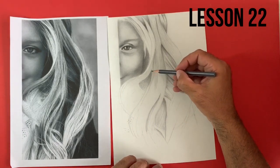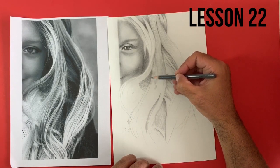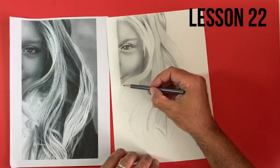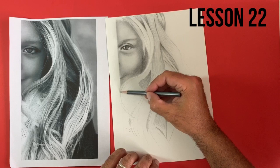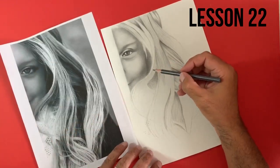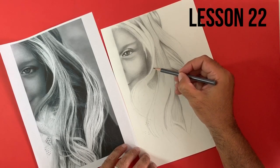So I learned to draw in what I would say is this traditional method first, just using the pencil and an eraser. Not using blending stumps and things like that. So a very traditional way of drawing. It's the way I learnt. And then